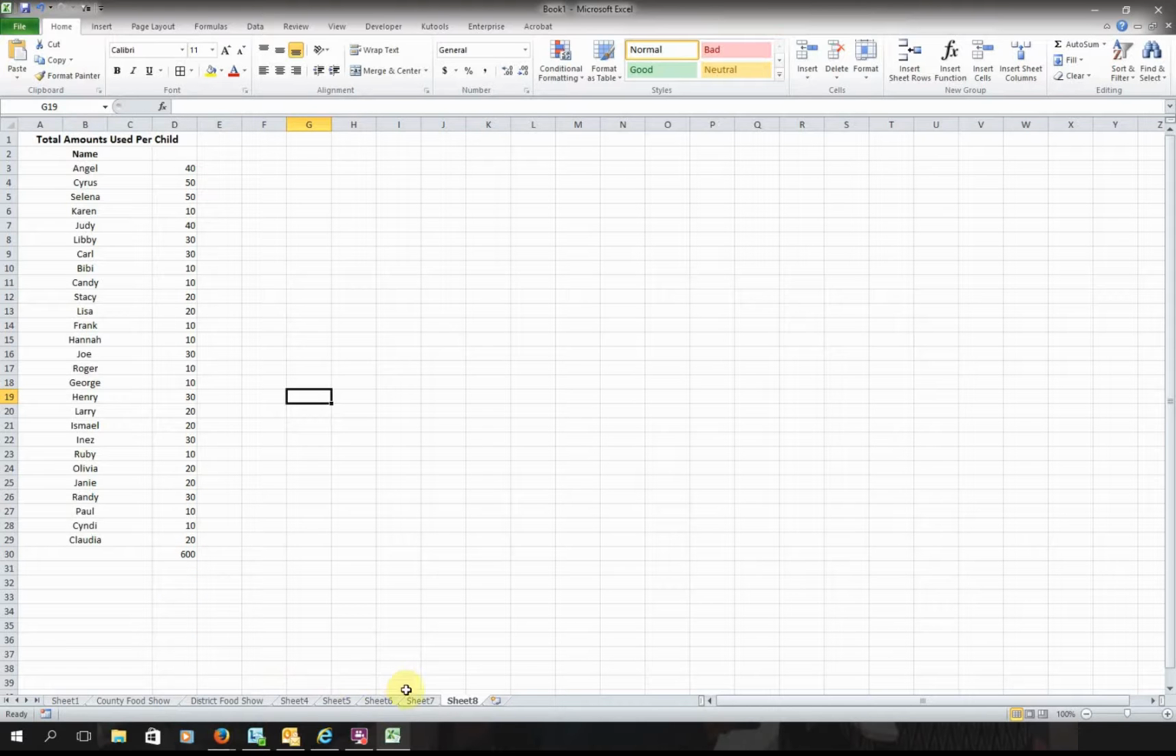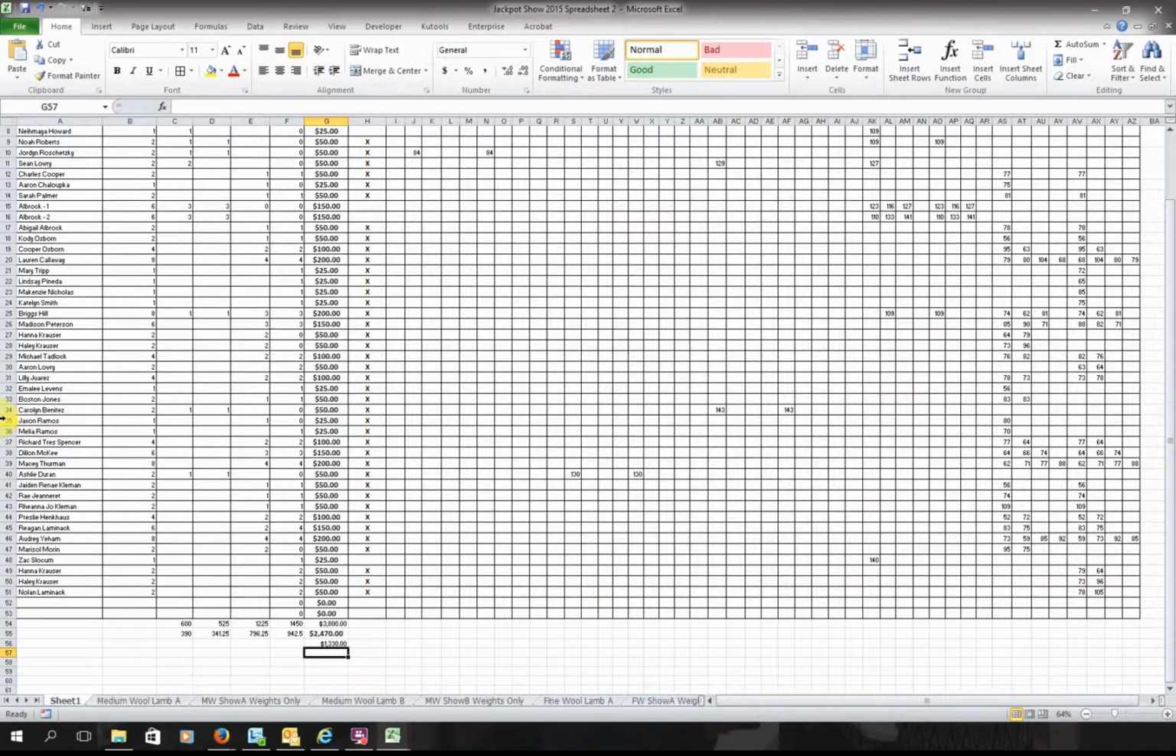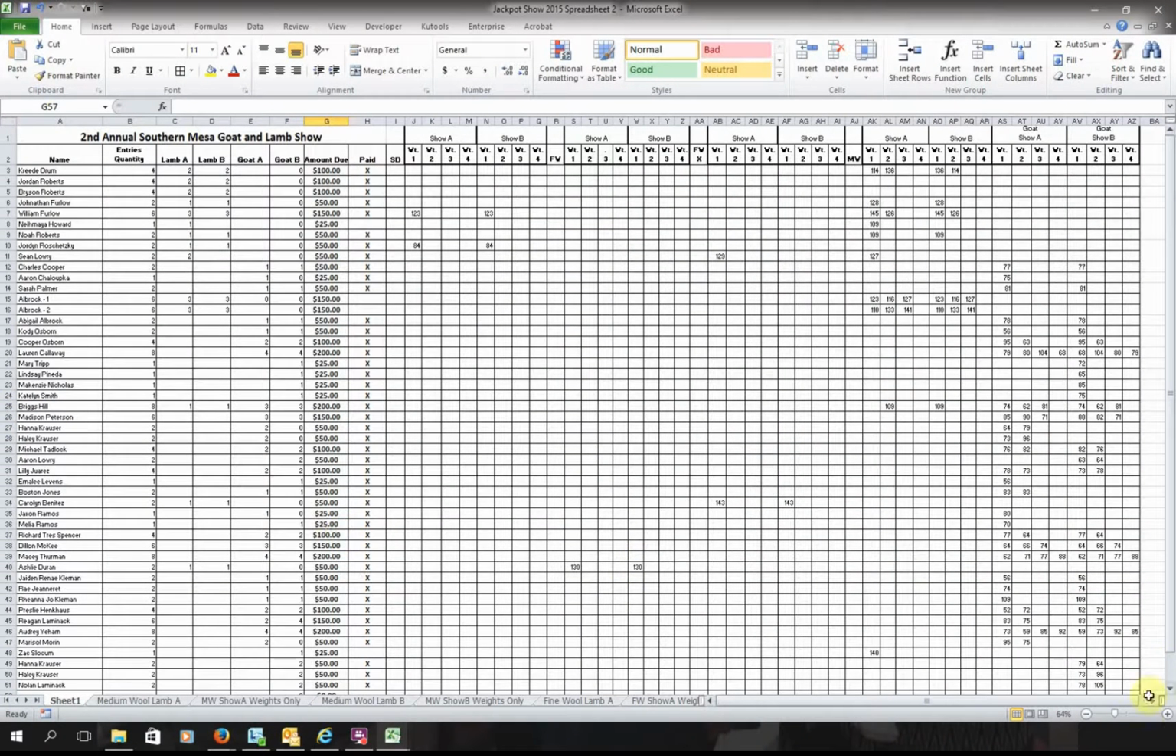And so this is what I think is very interesting, because I want to show you what my spreadsheet for the Jackpot Show looks like, because I think that's probably where I spent a lot of time setting that up. And let me pull that up for y'all. This is my spreadsheet for the Jackpot Show. And just to kind of give you an idea,